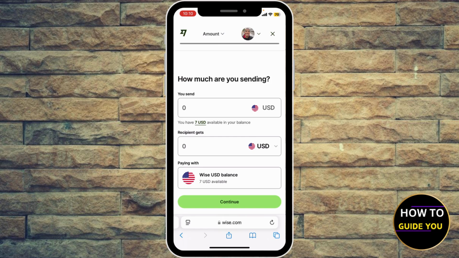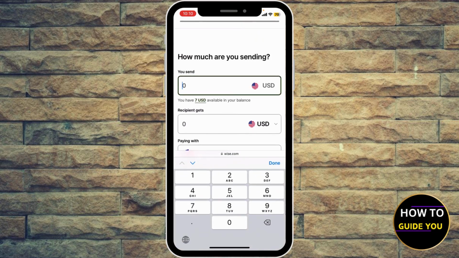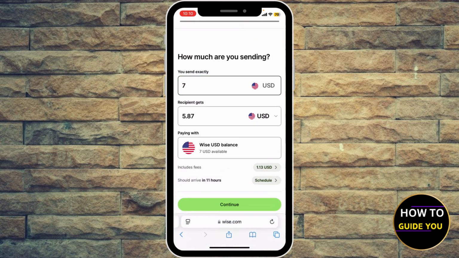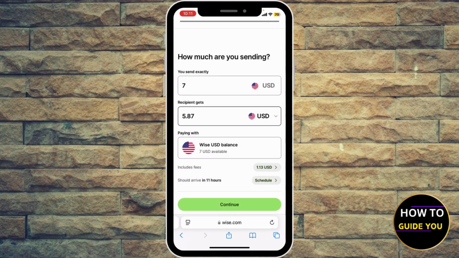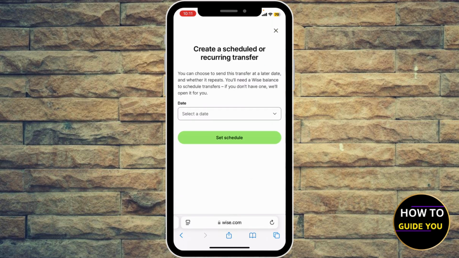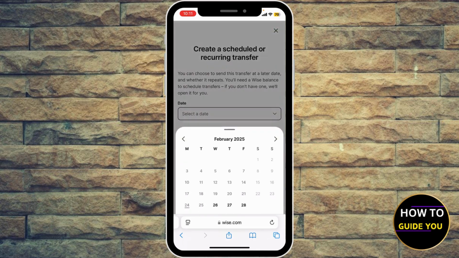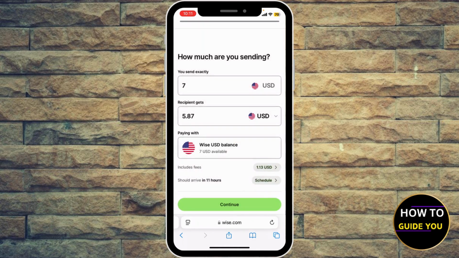Okay. And now I'm gonna send $7, for example, or any amount that you want to send, and you're gonna see the fees. And it should arrive in like 11 hours. If you want to schedule it for another day, you can just go ahead and hit the date and schedule it for another month or another day. Okay, and then hit continue after you finish,